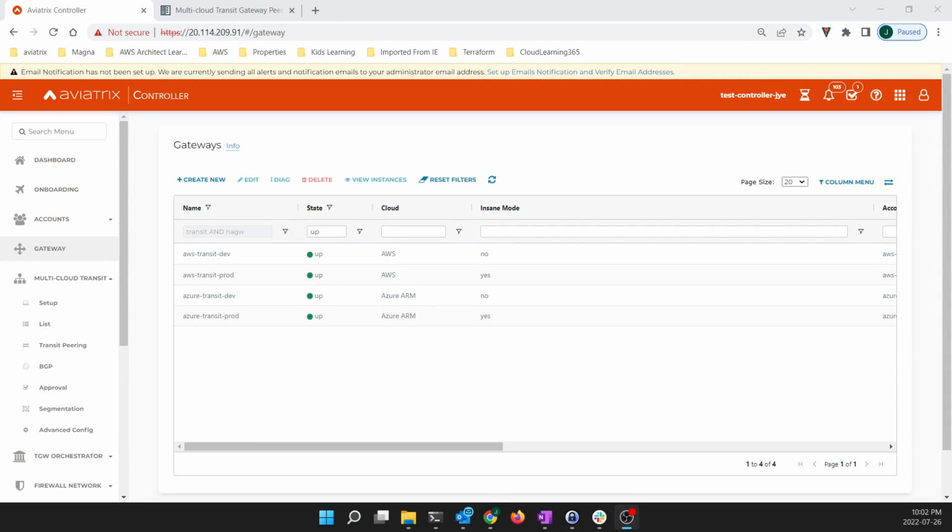Good evening, everyone. So this is a short video acting as a self-reminder on how to build Aviatrix Transit Peering over Private Underlay. And as you can see here, we do have four different transit gateways created, two in AWS and two in Azure. And then of the two gateways in each of the clouds, one of them is called